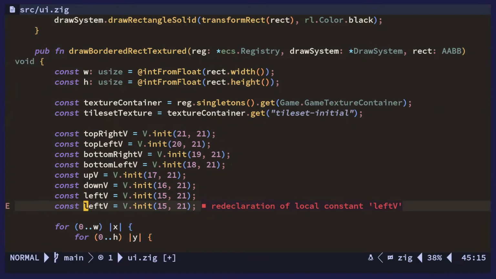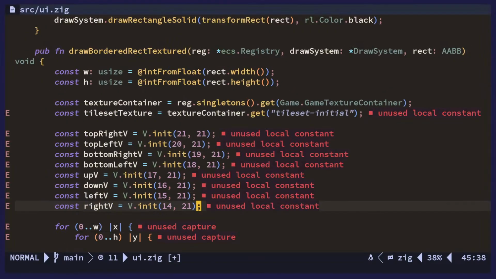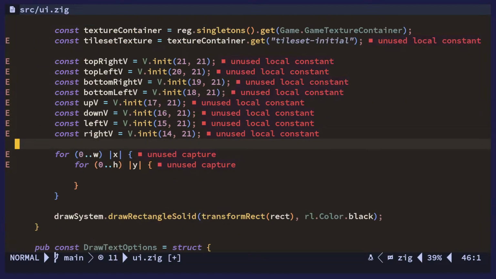Up, down, left, and right. Okay, so that's all our definitions for those positions in the tile set. And then to get the